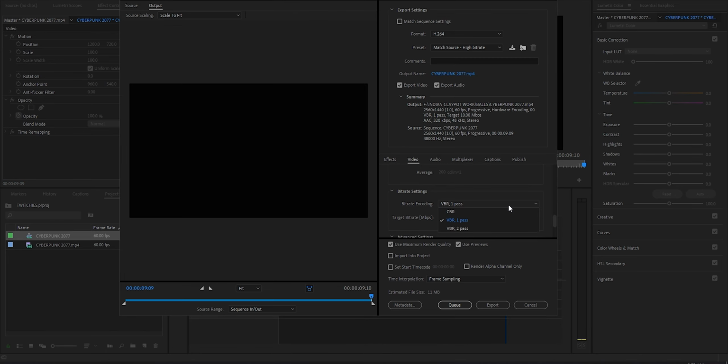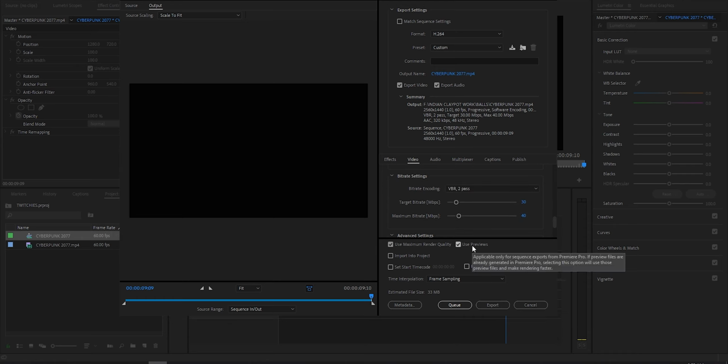And obviously we talked about the render settings before, so yeah. It's going to be 30 and 40 VBR 2 pass, and use previews if you really want to. Use maximum render quality is always good, and you just hit export, and that about wraps it up for this